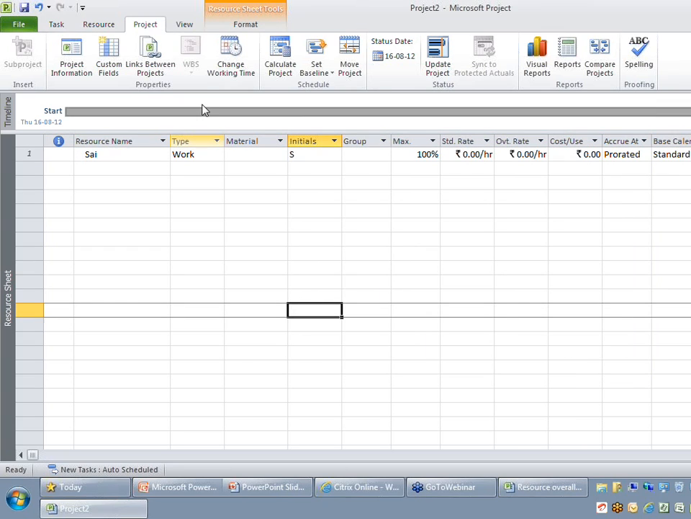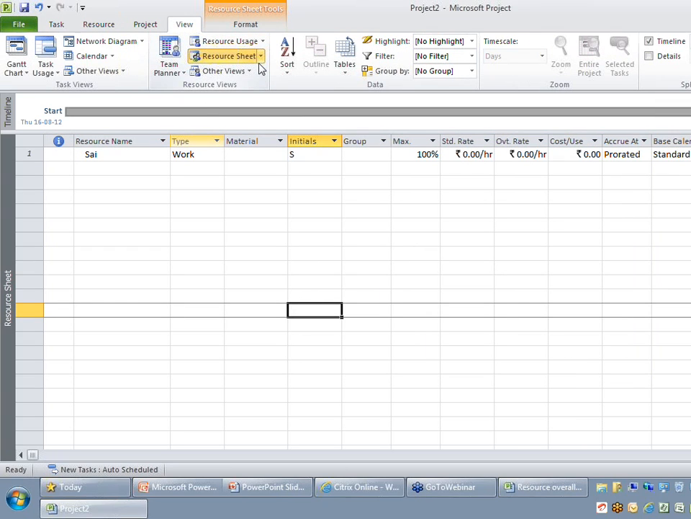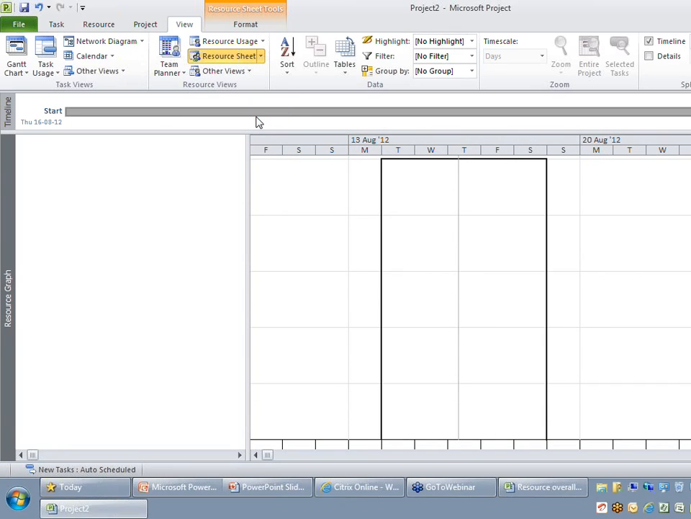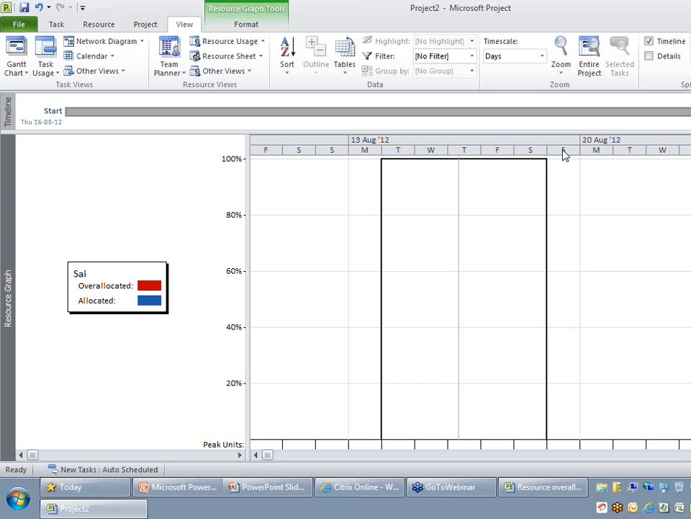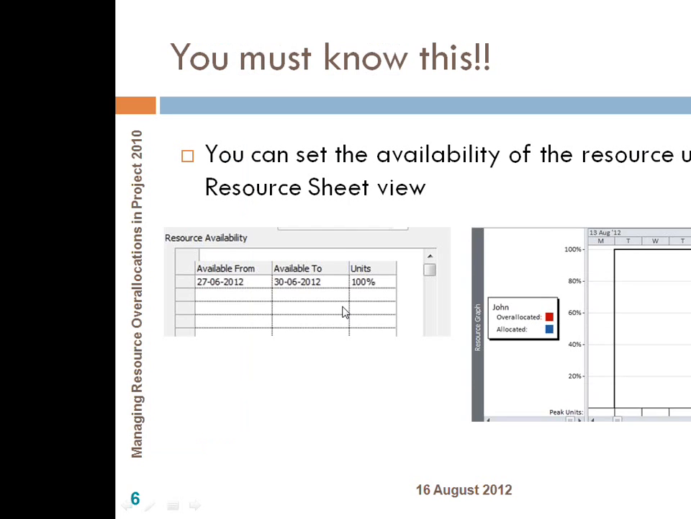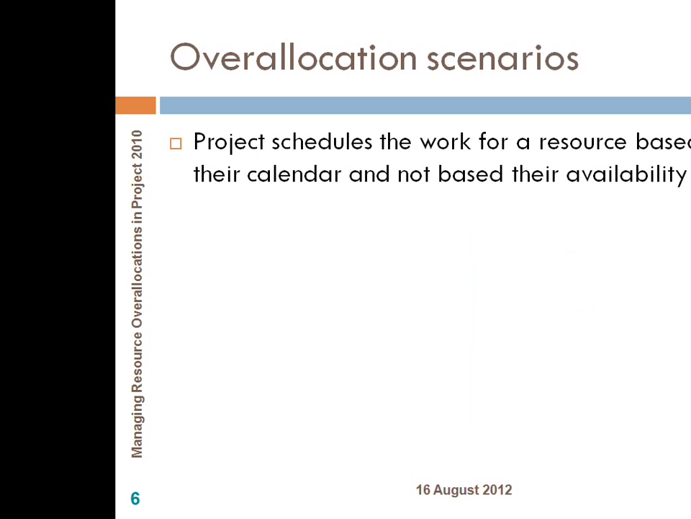When I hit the OK button, and if I change my current view to a view called Resource Usage or Resource Graph, you would be able to find on those days the resource is allocated to your project. Which means if you give work to that resource outside this boundary, you will be flagged as an overallocated resource. So this is the point we just discussed. But the catch in Microsoft